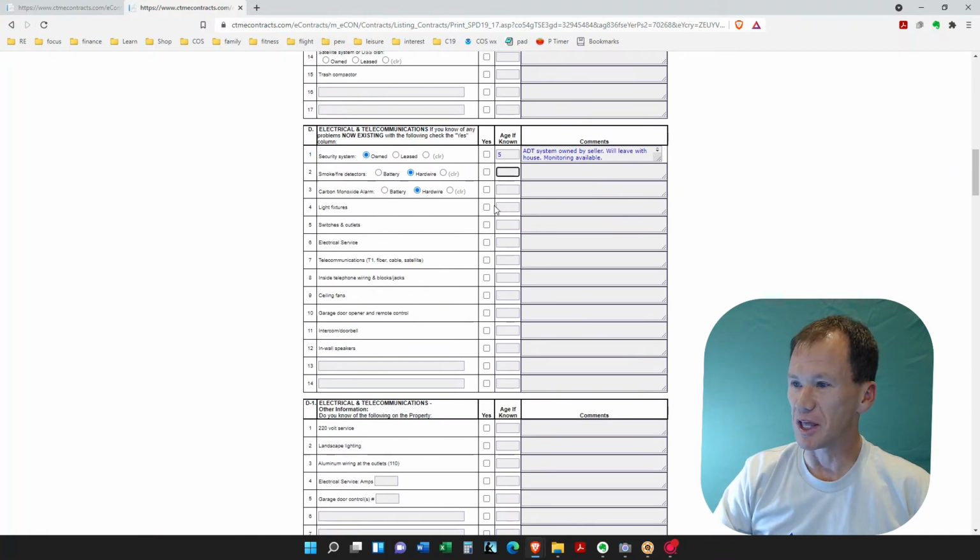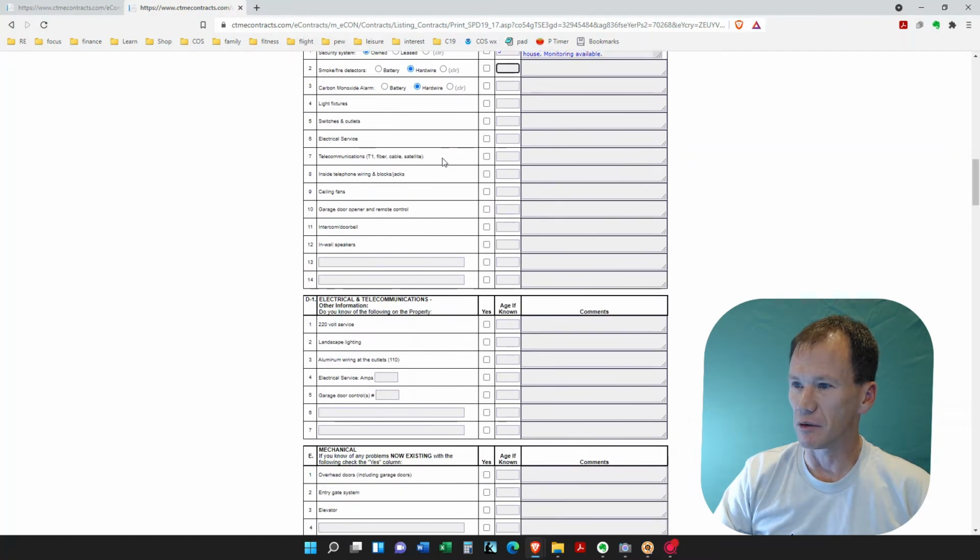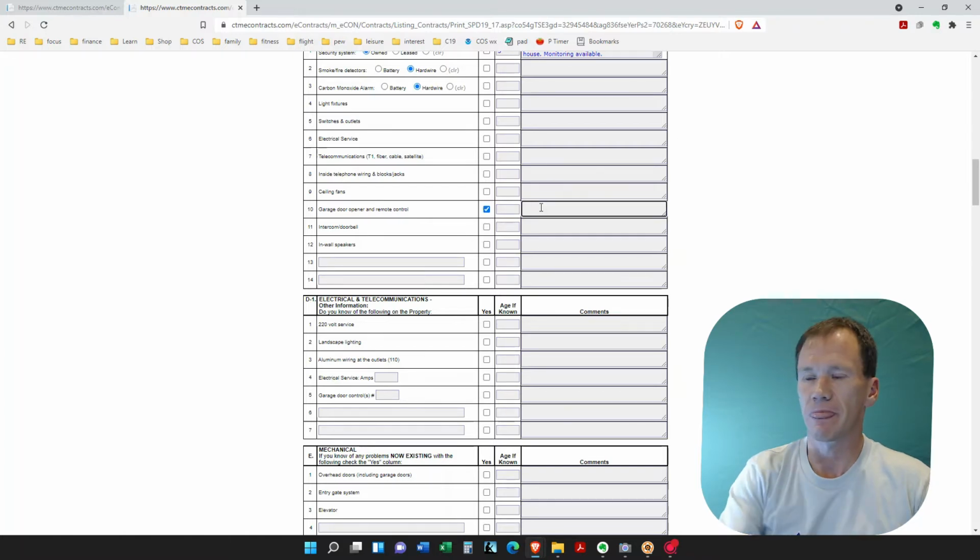Problems now existing with light fixtures, switches and outlets, electrical service, any of the telecom, cable, fiber, satellite. I don't know if anybody has T1s to the house, or if anybody has T1s anymore anyway. Inside wiring, ceiling fans, garage door opener, remote control. Any problems now known? We check yes. I'll say check yes. And I'll say